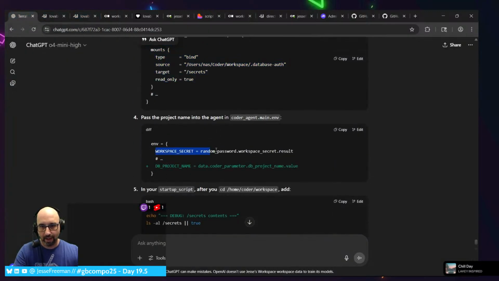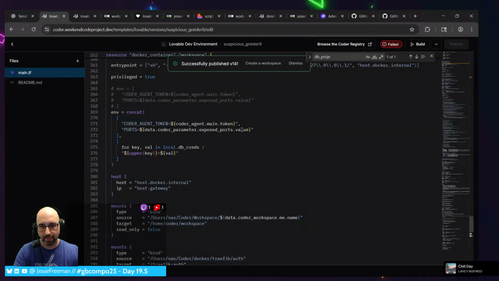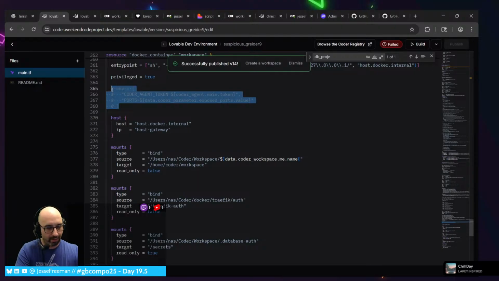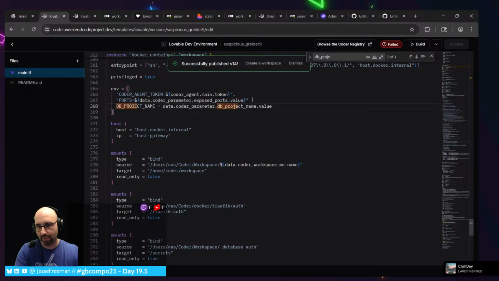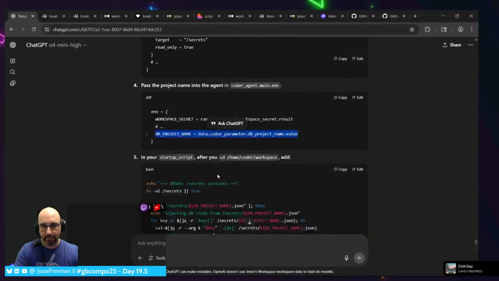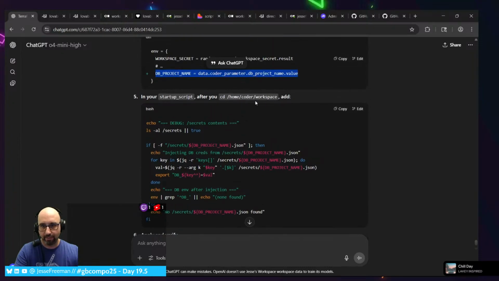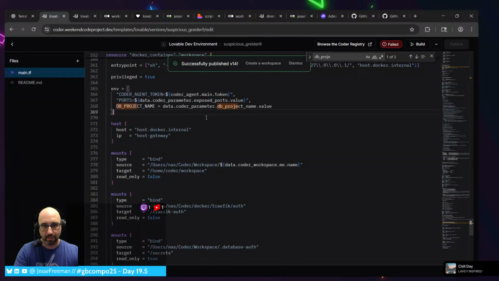Then add secret, add DB project name. Fine. So let's get rid of this, and this, and this. And I think we need a comma here. All right, so now in your startup script, after your cd coder home coder workspace, add, so let's go here.